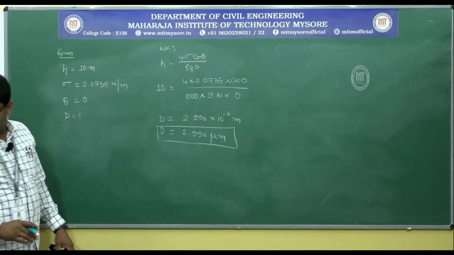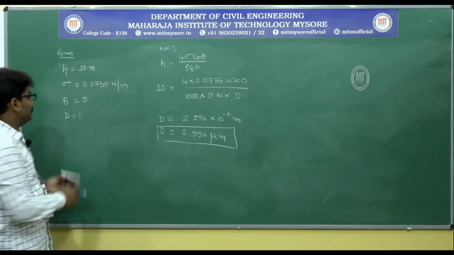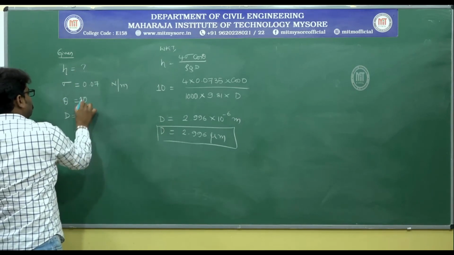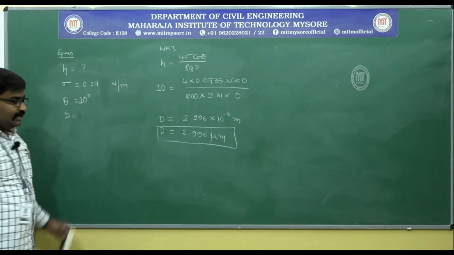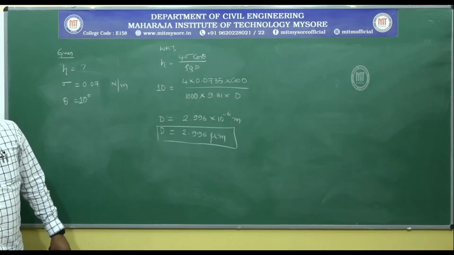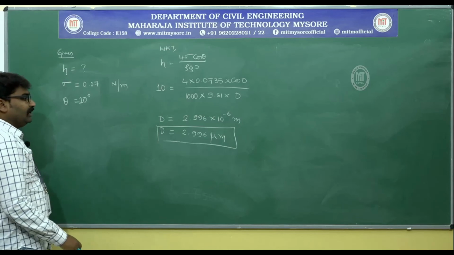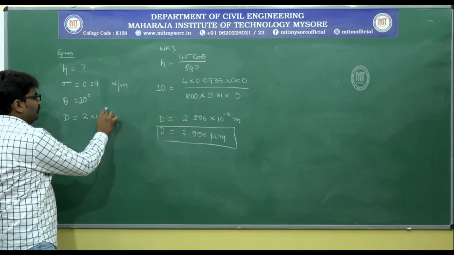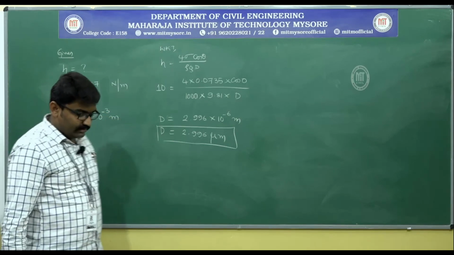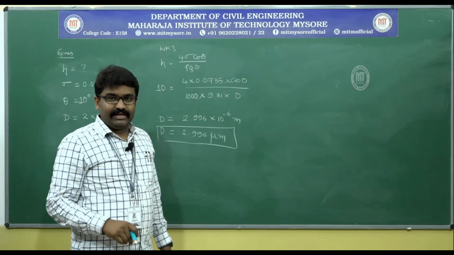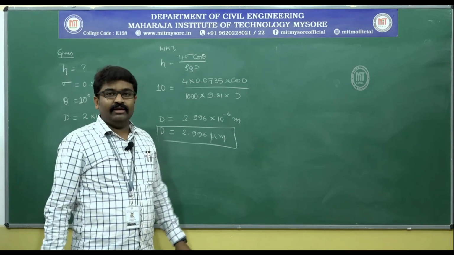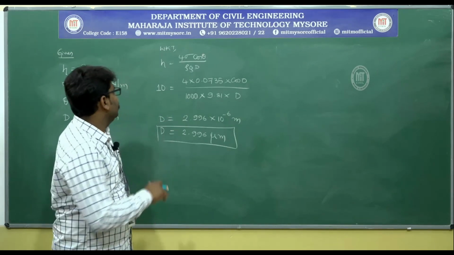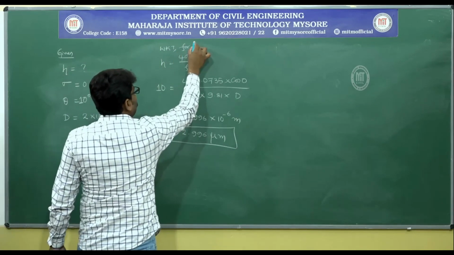He says, what is this surface tension? 0.07 Newton per meter. Capillarity you will have to find out. Theta is equal to 10 degrees, and the gap between the plates is given as 2 millimeter. That itself is d here. D is 2 millimeter, that is 2 into 10 power minus 3 meter. How do I write the space between the plates as d? You must remember the derivation that we did in previous classes, wherein we took the gap between the two parallel plates as d.